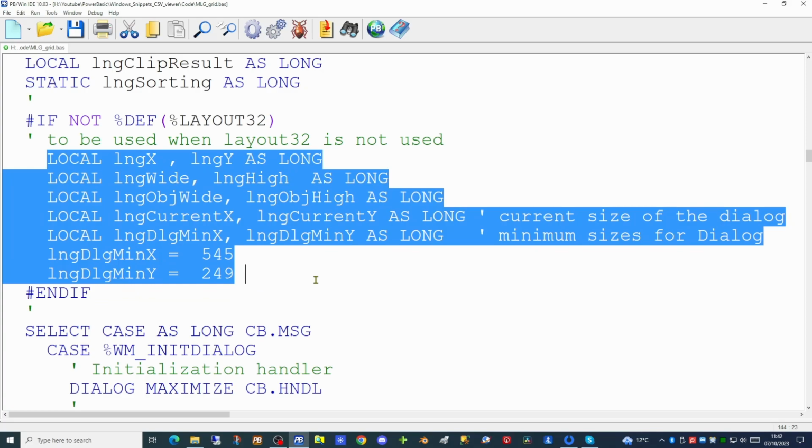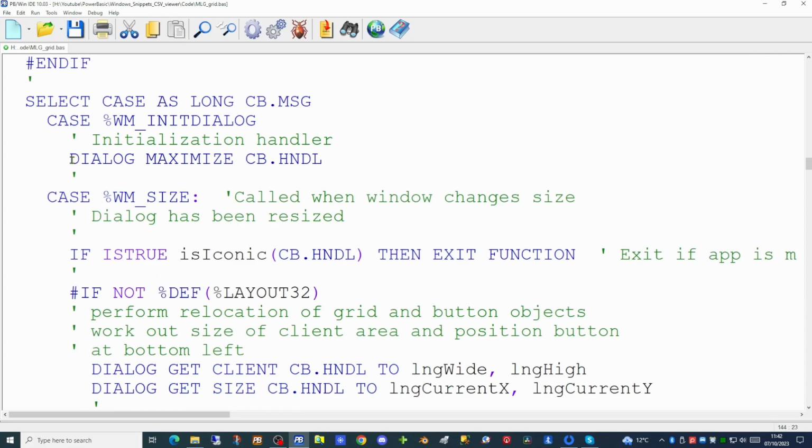These are the additional variables we'll need to handle all the resizing code ourselves. Initially, when the application loads, we maximize the dialog on screen. Maximizing the dialog will kick off a size event. The dialog has changed size, therefore the code in here will be executed. If the dialog has been minimized, this exits straight away, as it's not visible to the user, therefore there is